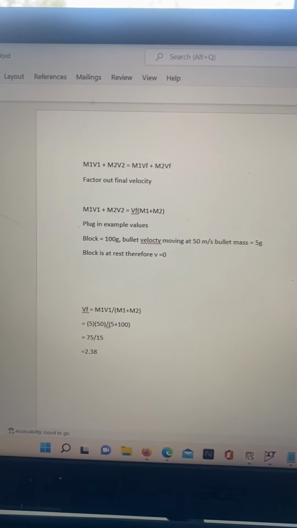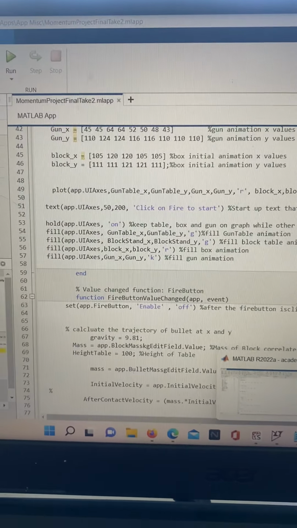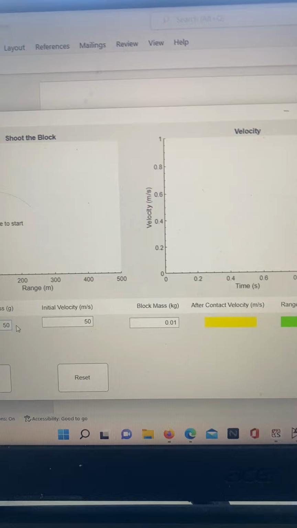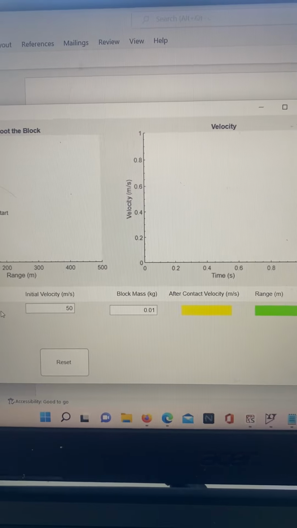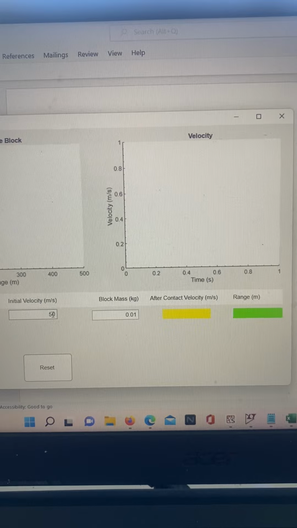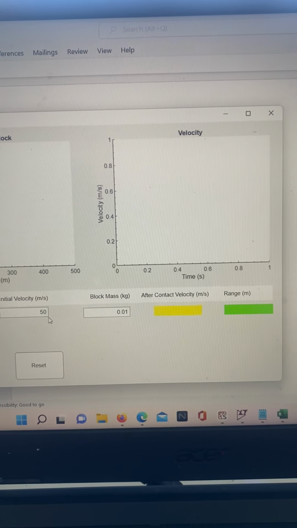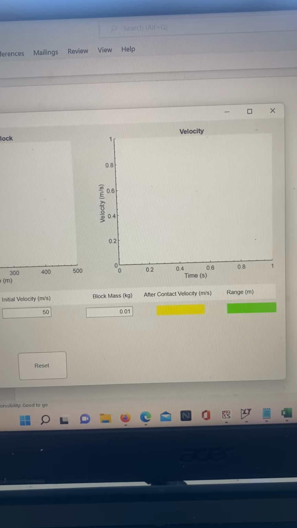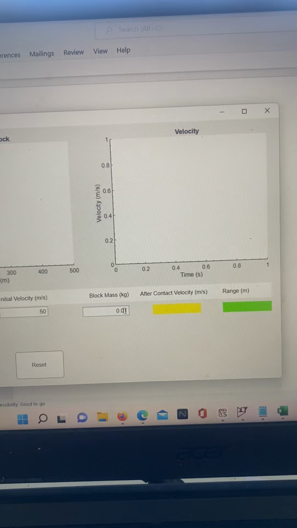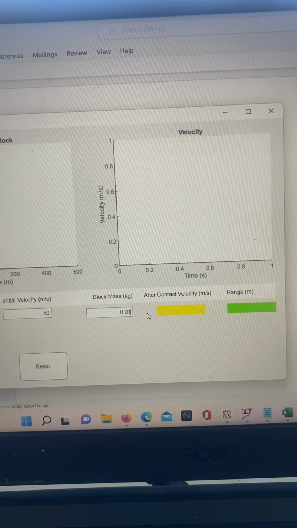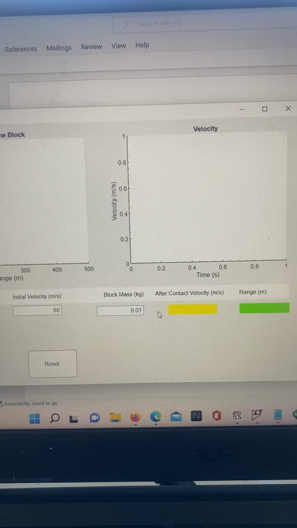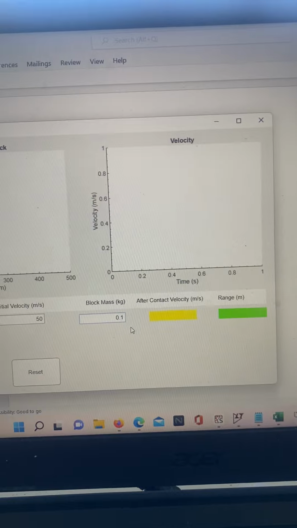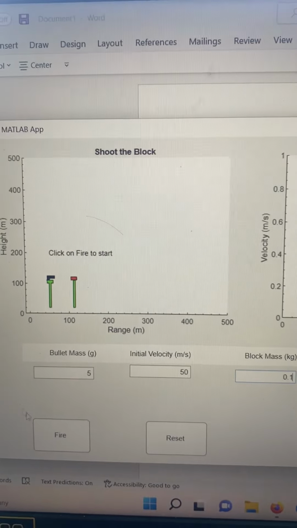Now going back to Matlab, I'm going to go to the app, and we agreed that the bullet mass would be 5 grams. Initial velocity will be 50. So 5 times 50 divided by 5 plus the mass of the block, and we said it was going to be 100 grams, which is 0.1 kilograms. And now if we hit fire,